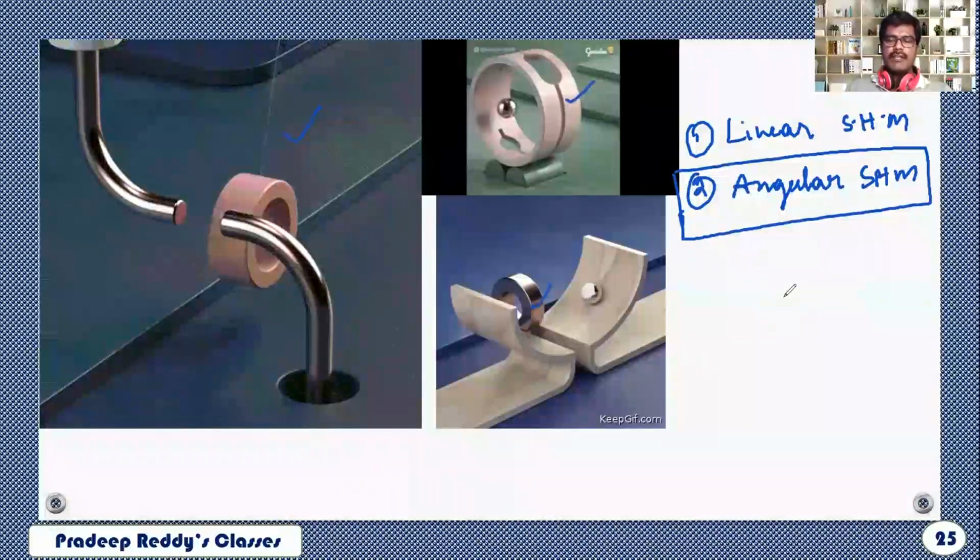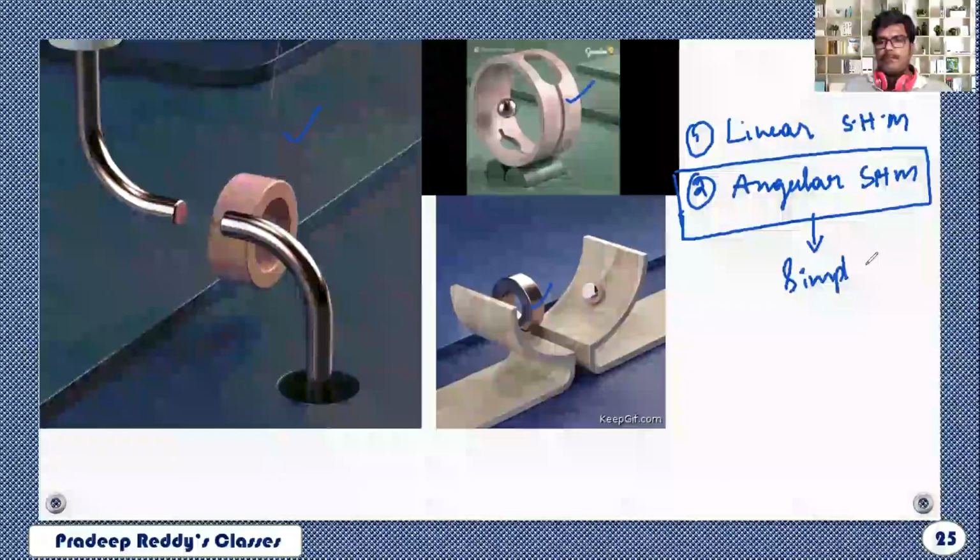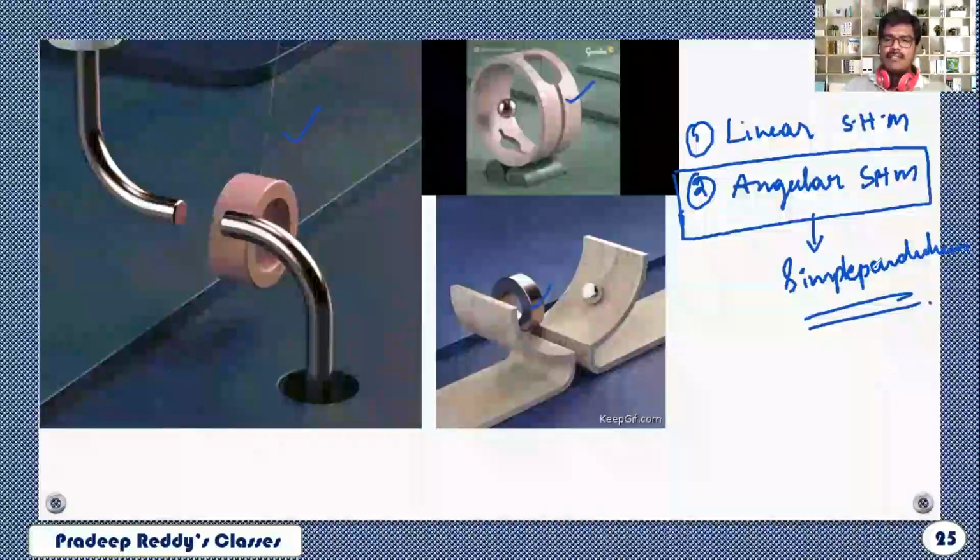We will learn the equation for the time period of a simple pendulum. The best example of angular SHM is the simple pendulum. Now this is a simple pendulum. Likewise, this bob which is executing SHM is a simple pendulum, and this cylindrical object which is executing SHM is an example of a simple pendulum. So this comes under angular SHM, and in the next video session we will discuss angular SHM in detail.